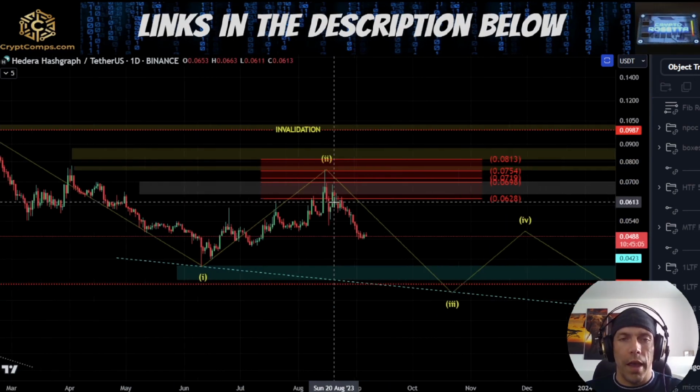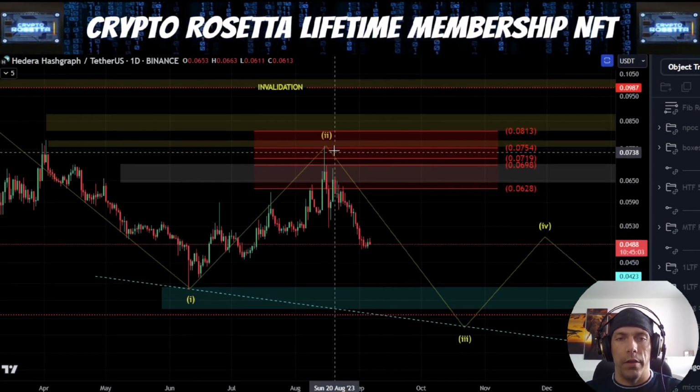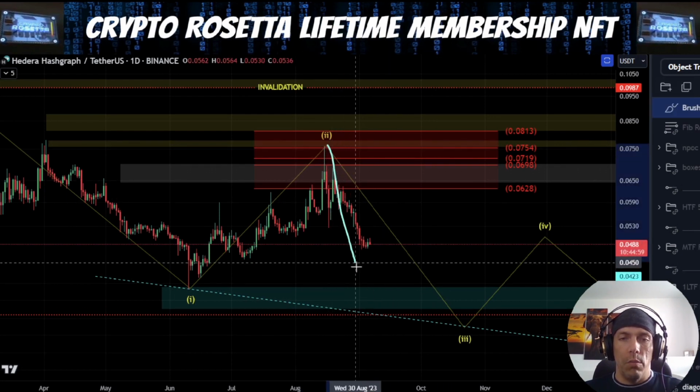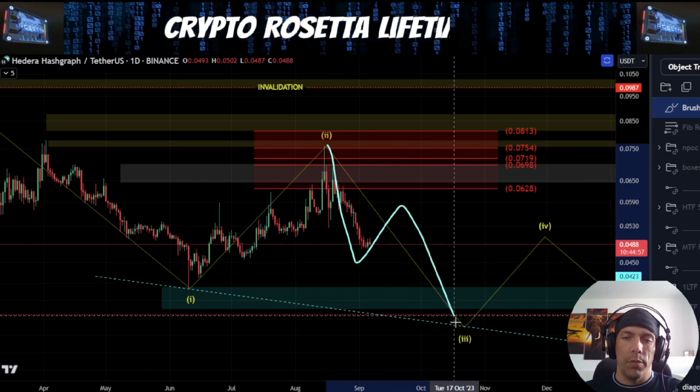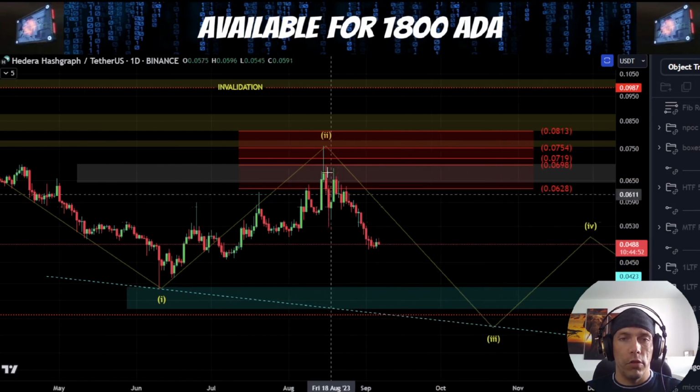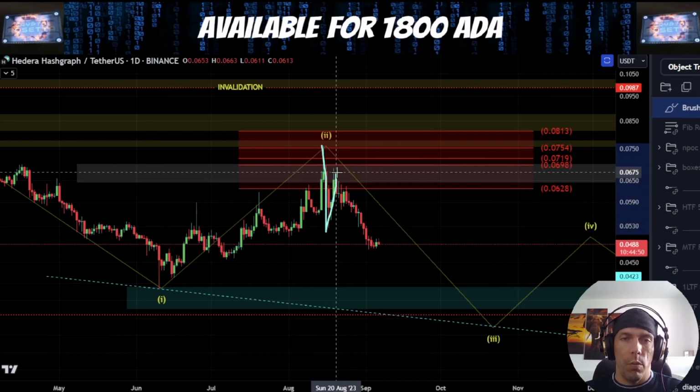What we need to then have, though, if this is going to be something like a diagonal, is we need to form a 5-wave move down, and then we need to see a 3-wave move back to the upside, and then continuation down in another 5-wave move. Now, at the moment, we don't have good structure for this, unless this is going to be A, B, and